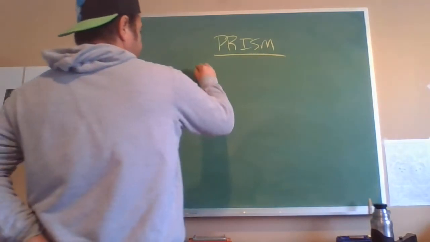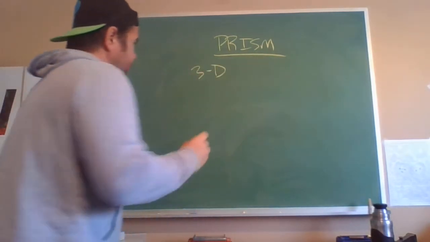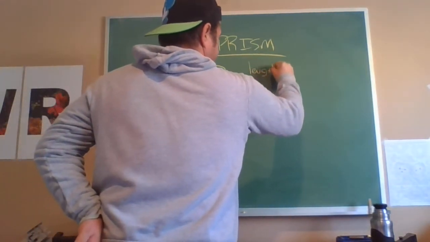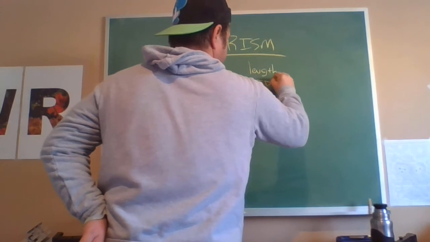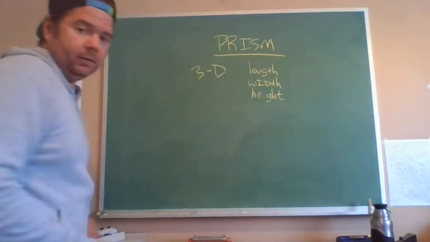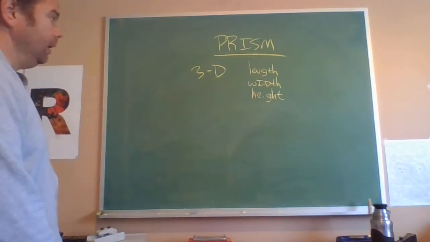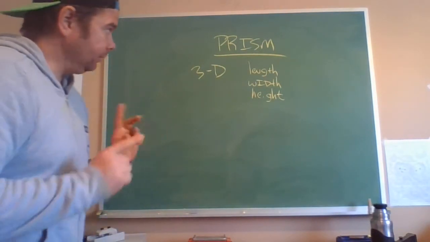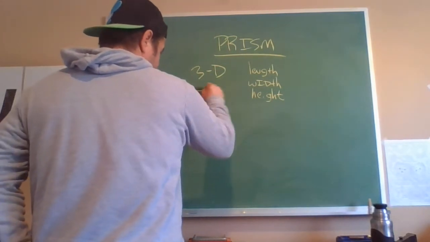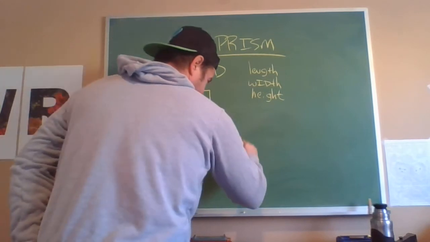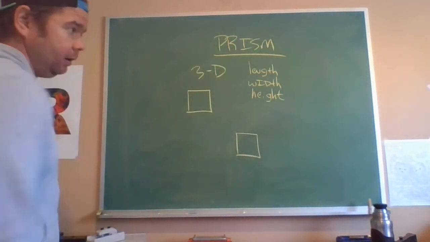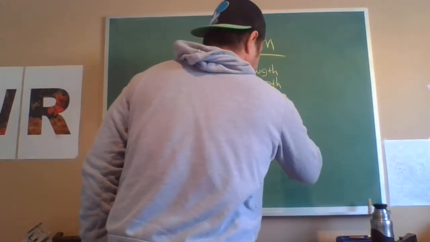So, first and foremost, prisms are three-dimensional, right? So they have a length, a width, and a height, right? So they've got three dimensions. What makes a three-dimensional object a prism is the fact that every prism has two bases that are congruent to each other. Okay, so we've got two bases